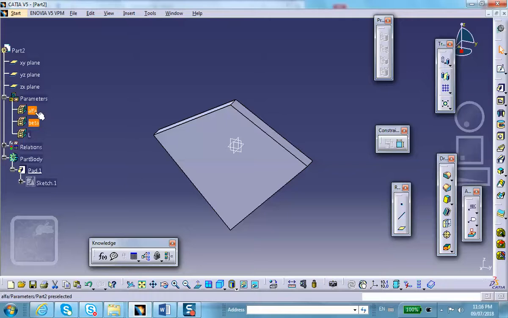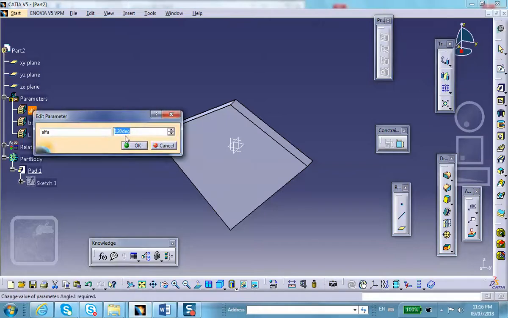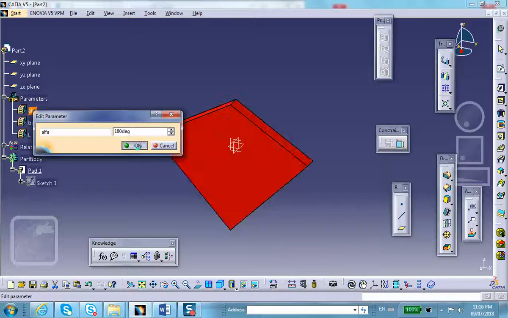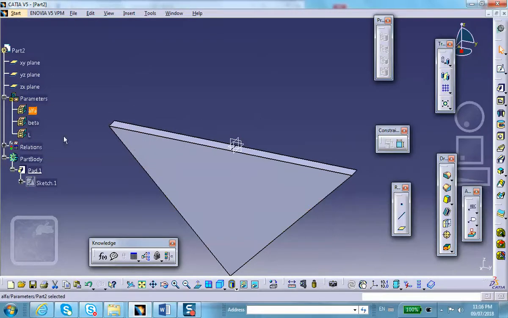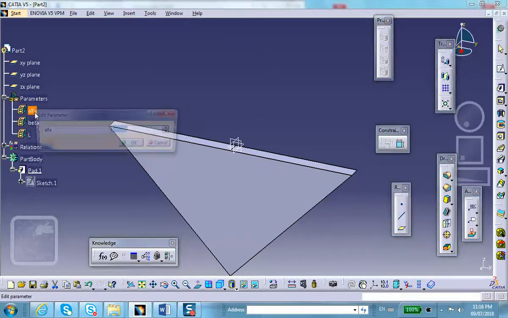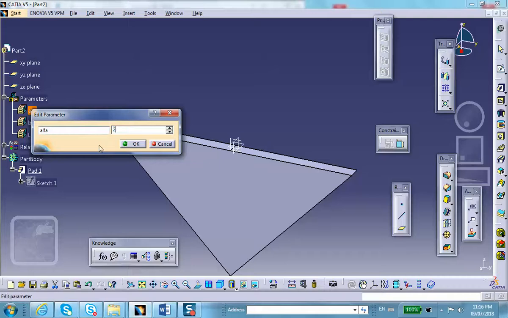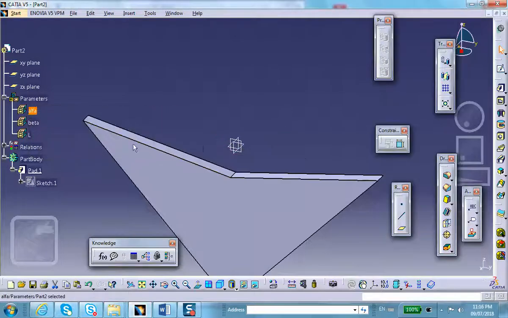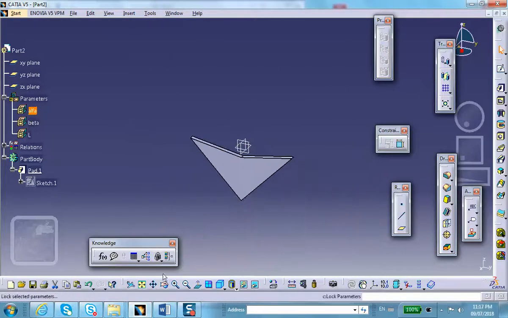By the way, let's go and say alpha equal to 180, see whether it works or not. I think there's a limit on how these angles are. Whoa, this one works. Sure. Let's try another one. Alpha equal to 200. Yeah, good. So I'm going to